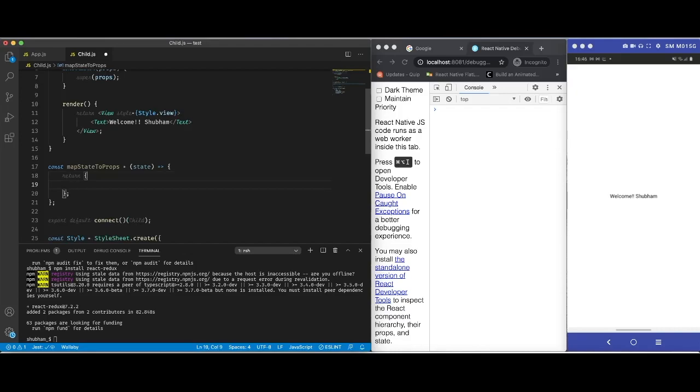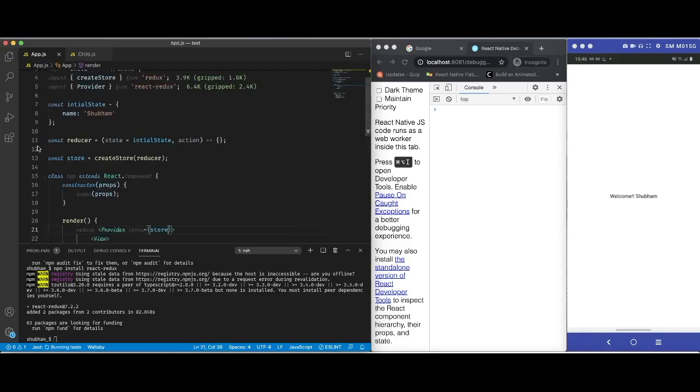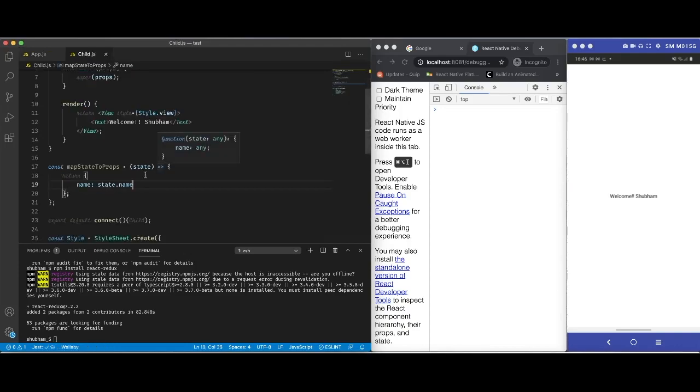So let us add the key value here. We are going to name the key name, and we are going to use that name that we have present in the initial value inside this initial state. So we are going to use that same value and pass it under the key name inside this component.